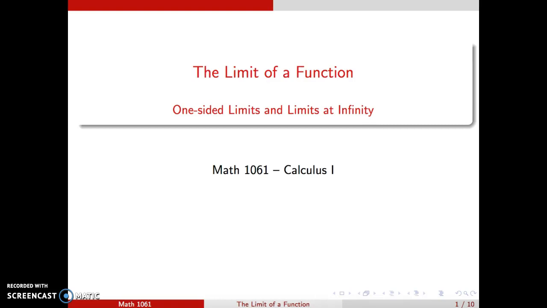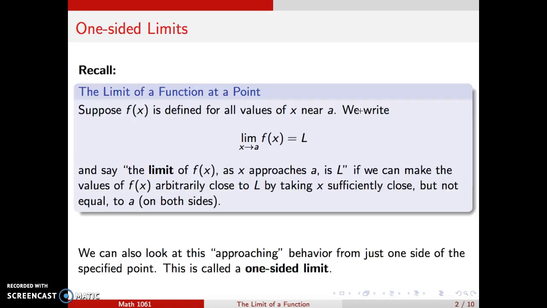Alright, hello, this is our second video looking at the limit of a function, and we've got a couple of topics to look at here. We want to look at one-sided limits, which we kind of previewed, and limits at infinity, which we did not preview before. Alright, so looking at one-sided limits first,